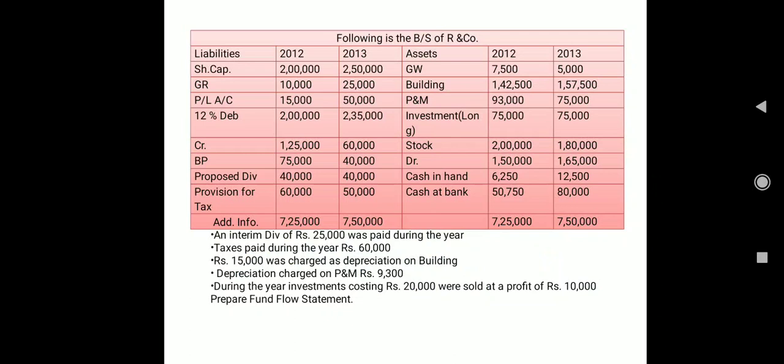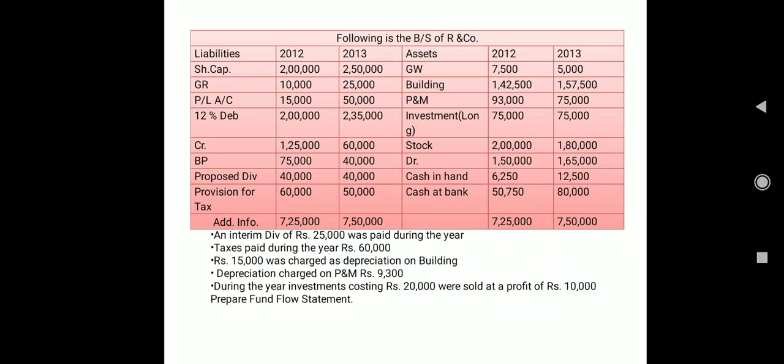Now coming to your additional information, interim dividend paid. So interim dividend paid is going to be our non-operating expense, and at the same time it is going to be an application of fund also. And tax paid, as I told, we will open a separate ledger account for provision for tax, and then we will work out how much tax we are paying and how much provision we are going to make. How much tax we are paying will be your application of fund, and how much provision we have made will be our non-cash expense.